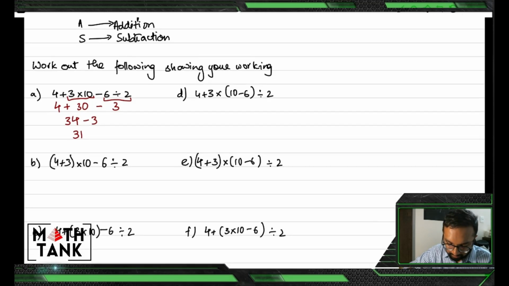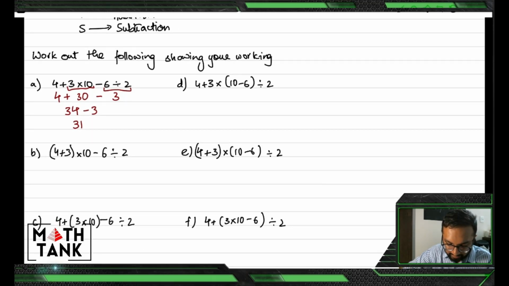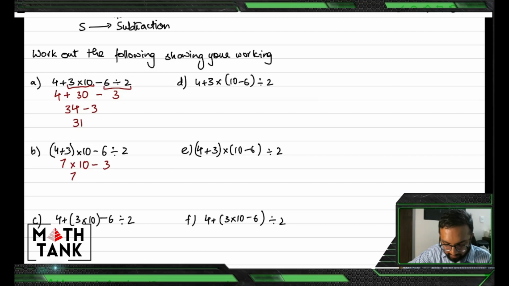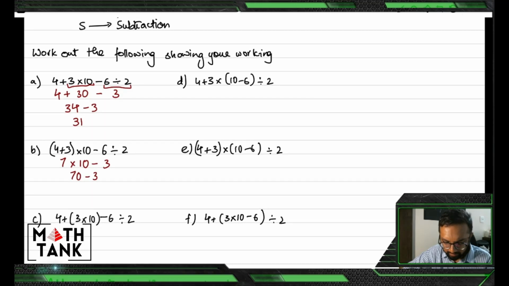I move on to part B. Part B, I see a bracket first, so I'm going to write that 7 into 10. And there's 6 divided by 2 as well, so that becomes 3. Okay, bracket, division. Then you have multiplication, so 70 minus 3. There's no addition as such, so there's just subtraction because I see a negative 3 and a plus 70, so